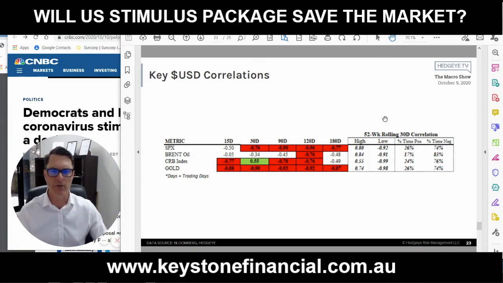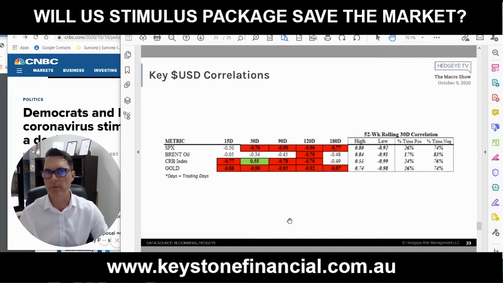But here's the thing I really want you to focus on. First of all, and I don't have a table of this, but the US dollar has been making a series of higher lows. So this is the US dollar index I'm talking about, which is a trade weighted index, has the euro and the pound and the yen and the other, the Aussie dollar, in there, but only at a small amount. But anyway, the US dollar index has been making a series of higher lows.